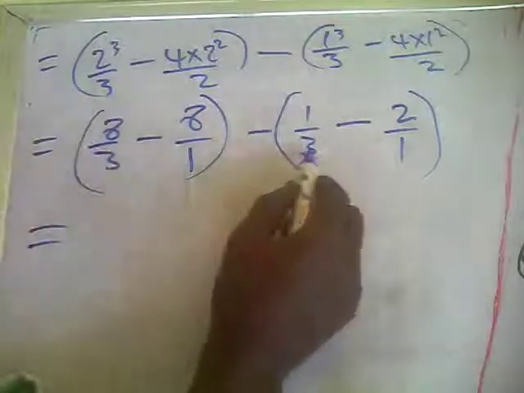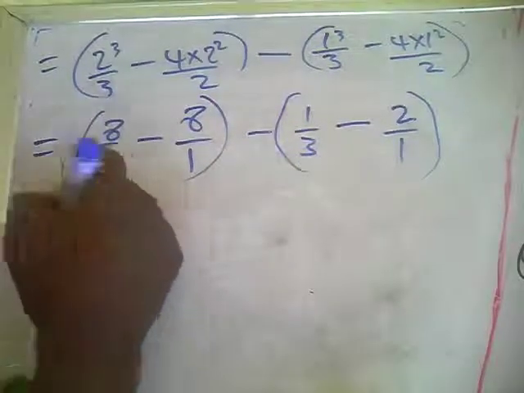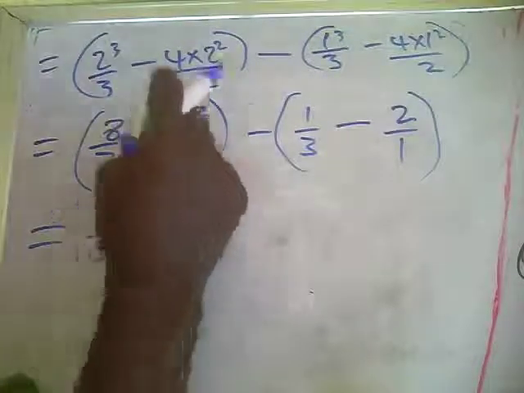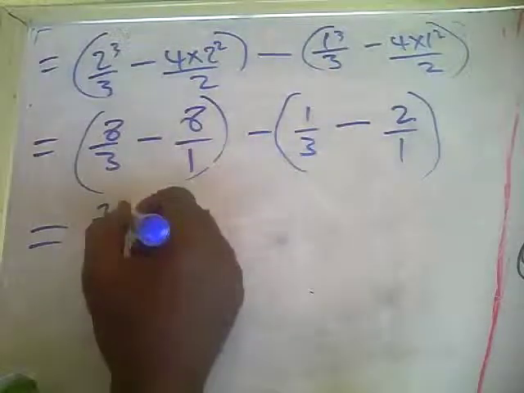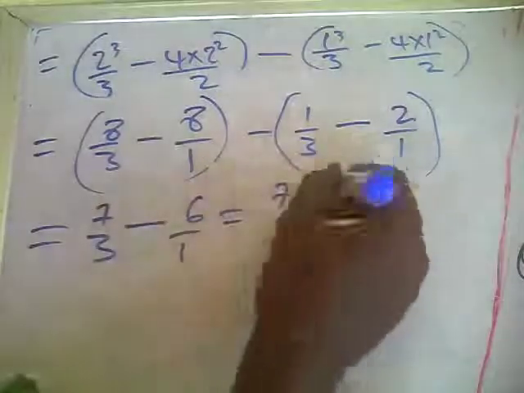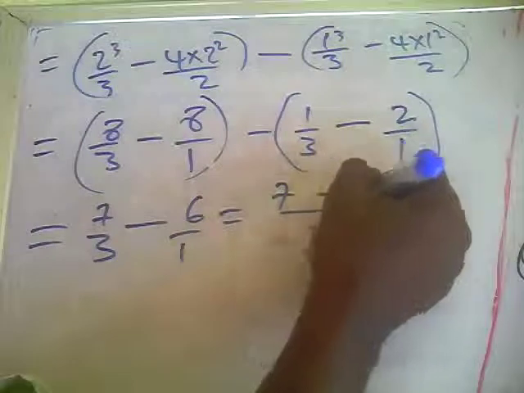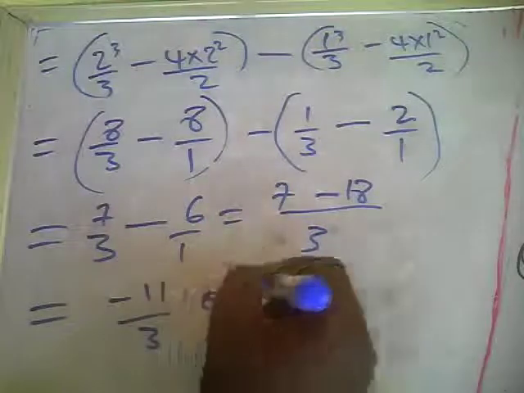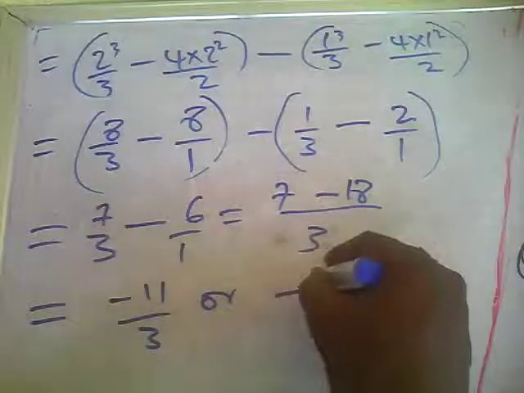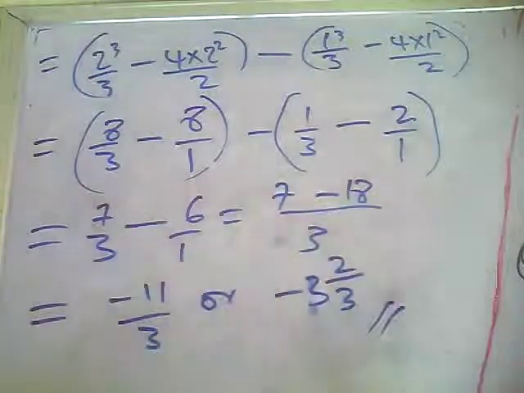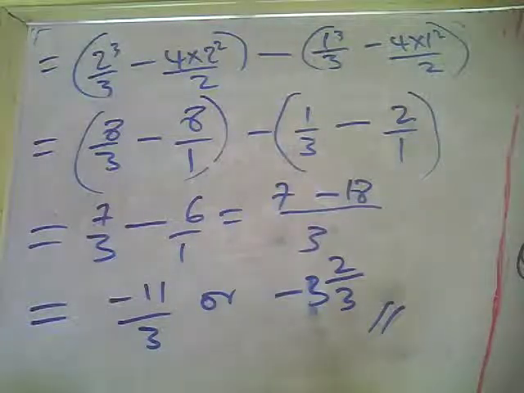8 over 3 minus 1 over 3, that's 7 over 3. Now we have minus 8 plus 2, that is minus 6 over 1. So the LCM is 3. 7 minus 3 times 6, that's 18. 7 minus 18 is minus 11 over 3. Or we have 3 into 11, that's 3, remainder 2 over 3. So our answer is minus 11 over 3, or minus 3 whole number 2